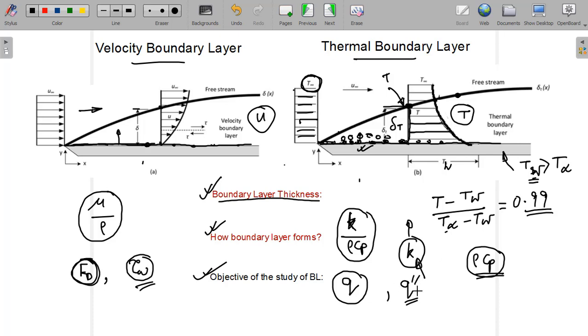We also defined a non-dimensional term to express this wall shear stress, and that was the skin friction coefficient. We defined both the local skin friction coefficient and the average skin friction coefficient. Here, in exactly a similar way, we are going to find out the non-dimensional term that will represent,